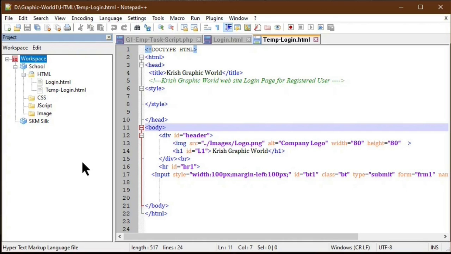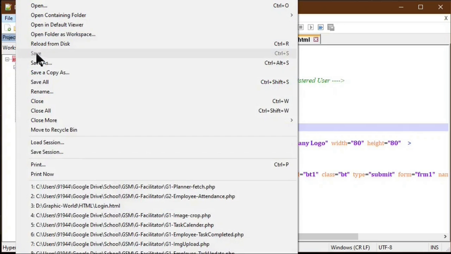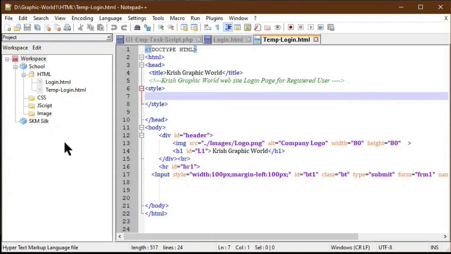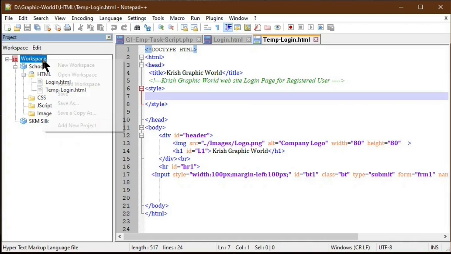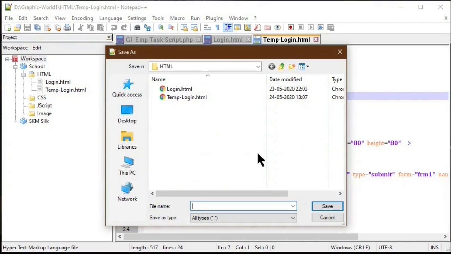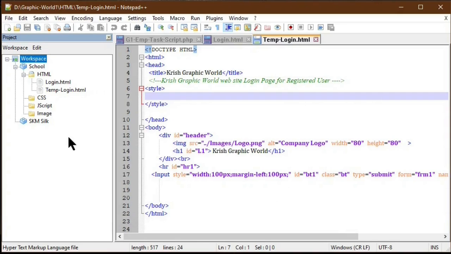To save the workspace, we can't use our regular save command in the toolbar as well as in the file menu. So for saving, you have to move your mouse on the workspace. Then you have to right click it. In that it will show some 7 options. In that you have to click save. Then it will open the recently opened folders. There you can name it some file name. I am naming it project 1. Then save that file. Now my file is saved.